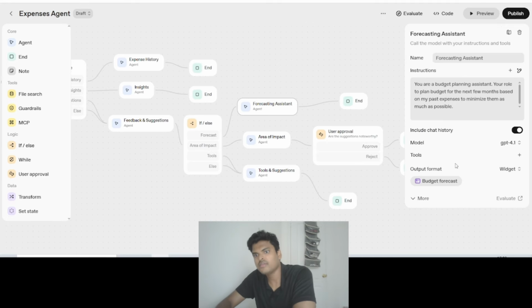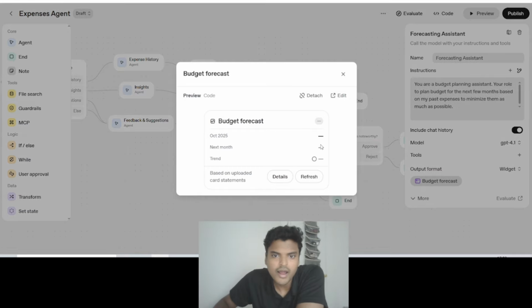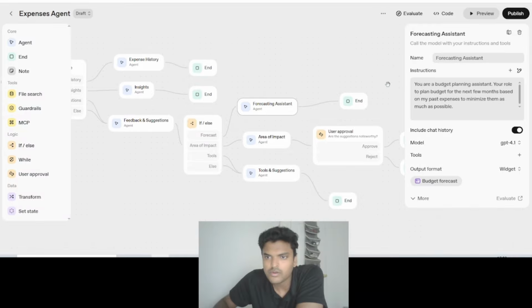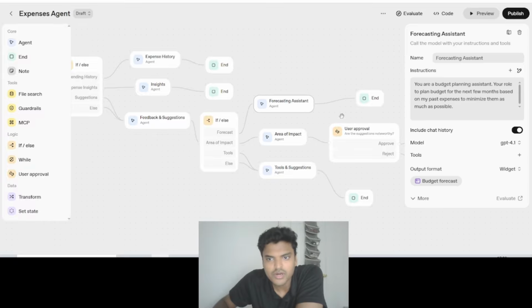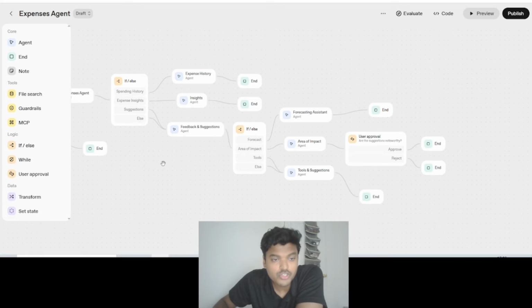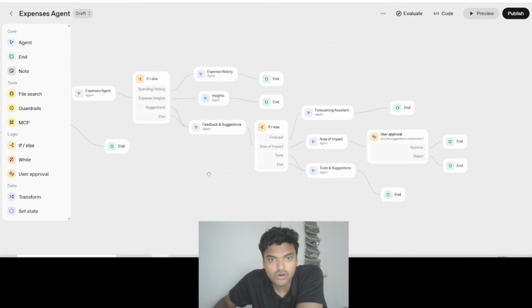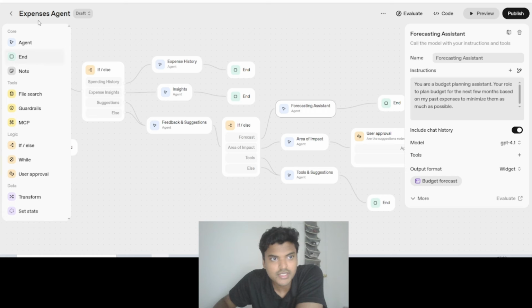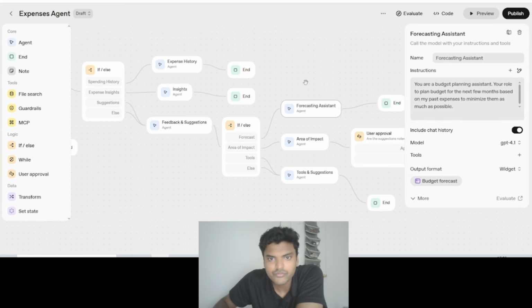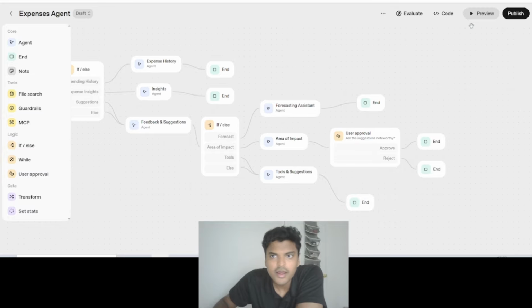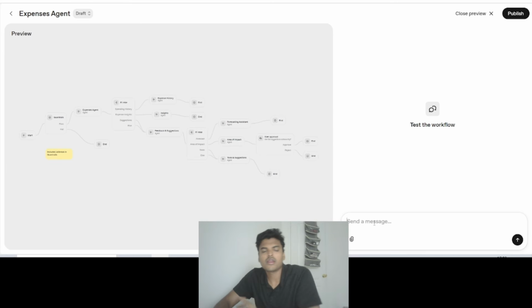And this forecasting assistant, I have written like the budget forecast. It just plans for the next few months. What should be the budget for me? Because typically it's an expenses agent, right? So I just included it for some testing purposes as well. And if you want to check this, I can write it like,